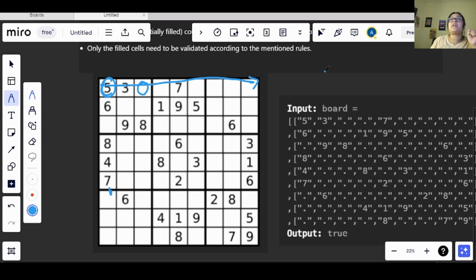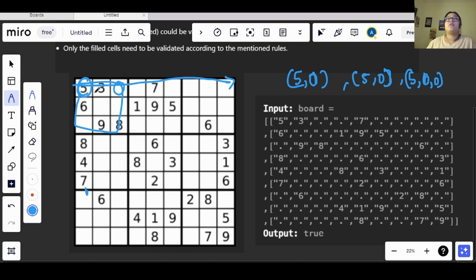That 5 is present in the 0th row, and in the 0th column, and it is present in the 0 by 0 matrix, which is this matrix. This is the coordinate of 5. This coordinate should not be repeated.